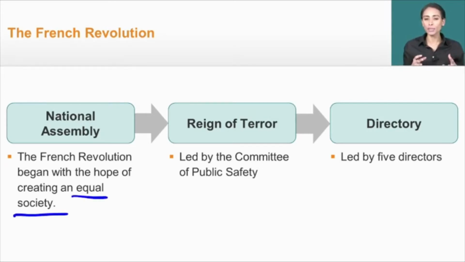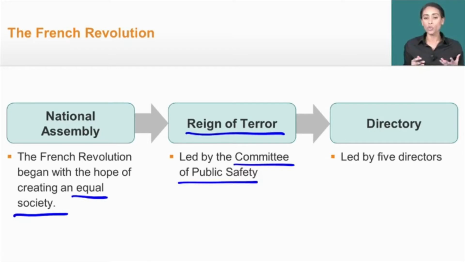And the National Assembly that breaks off as this independent new government is trying, at first, to maybe even create a constitutional monarchy like we see in Britain. But the more radical wing of the new government, the Jacobins, want to create a complete representative democracy. And so this radical government institutes what we call the Reign of Terror, which was a period where the Committee of Public Safety executed 17,000 French people that were seen as counter-revolutionaries.